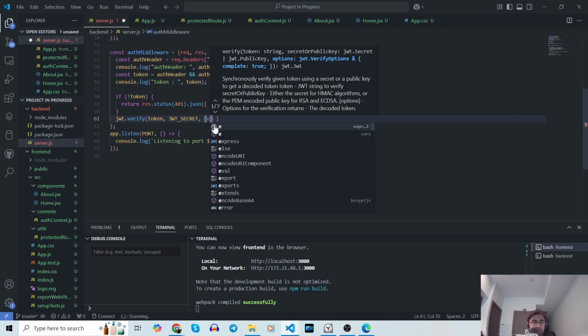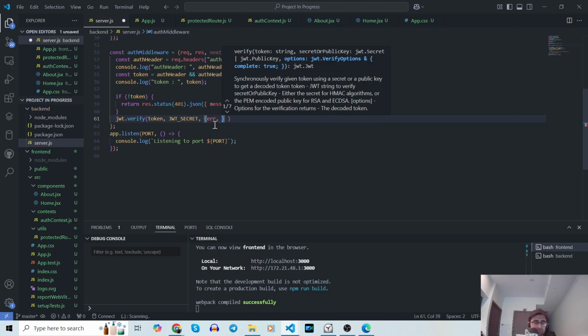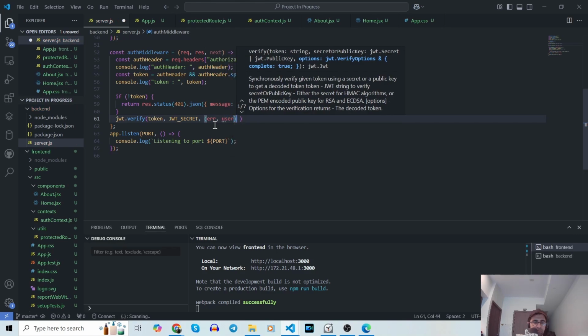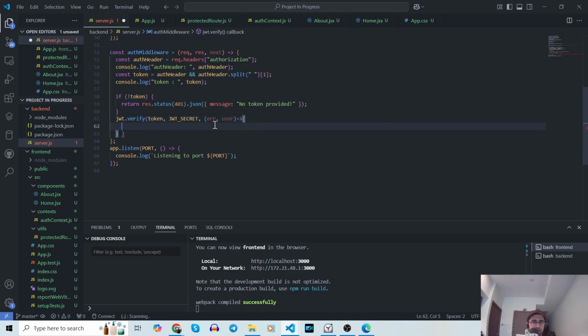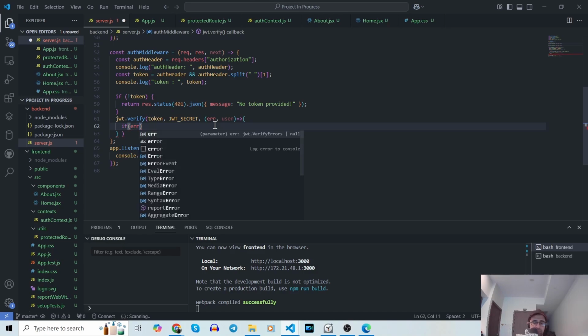And then here is a callback function which takes care of the possible errors. So if it's a fake token, if it is like 1, 2, 3, 4,